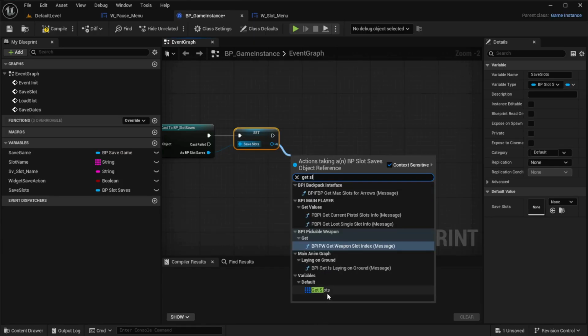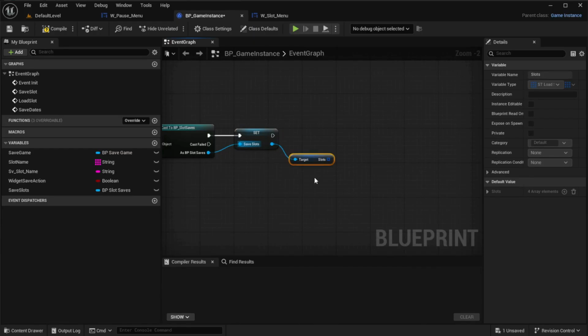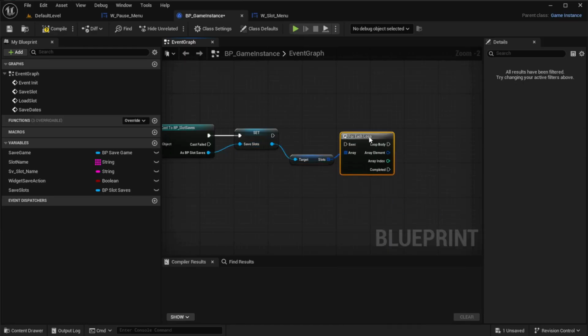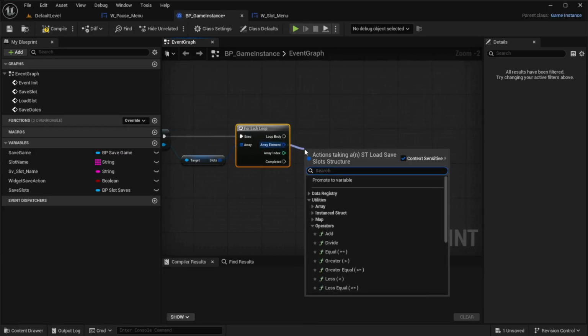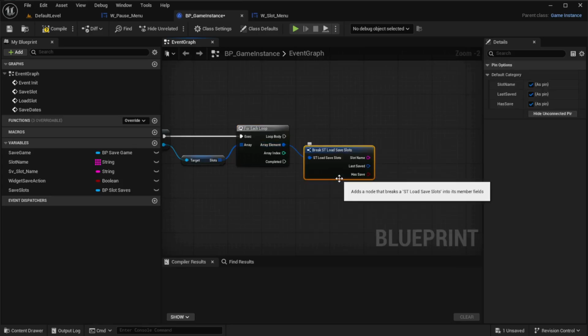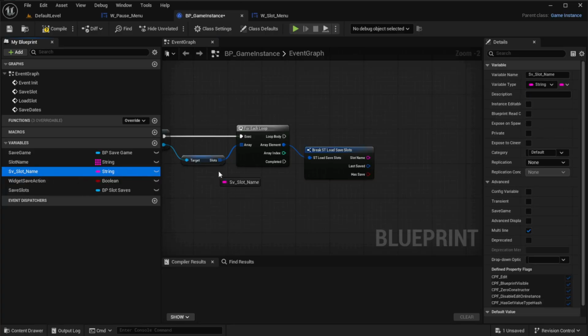And from there, for each loop, and then from the array elements pin, we want to find break st load safe slots. If you drag in the SV slot name variable above this break node